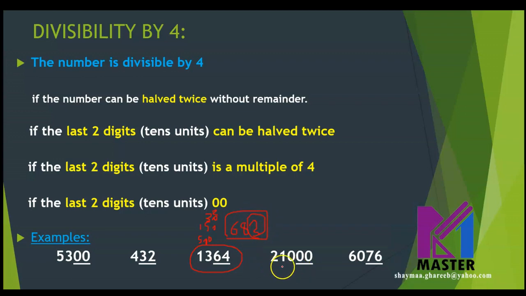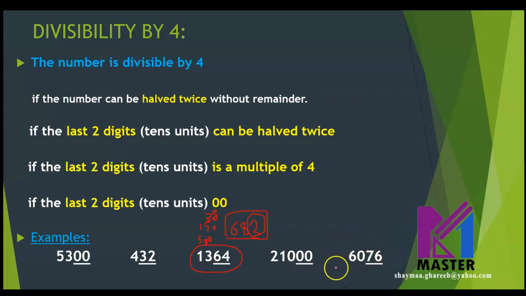Okay, so what about this number, 21,000? It ends with 0, 0, which means it's a multiple of 100, and 100 is a multiple of 4. So this number is divisible by 4 and a multiple of 4 as well. The last number here,